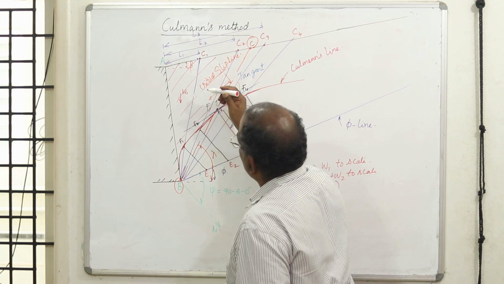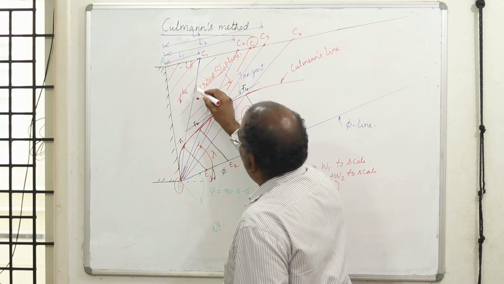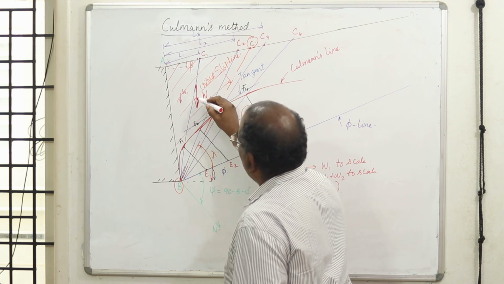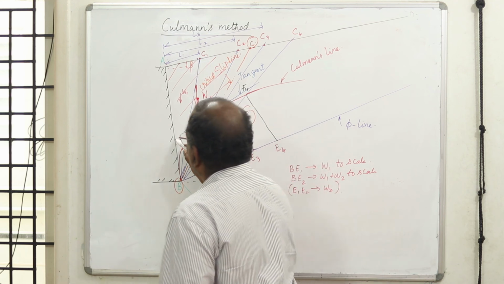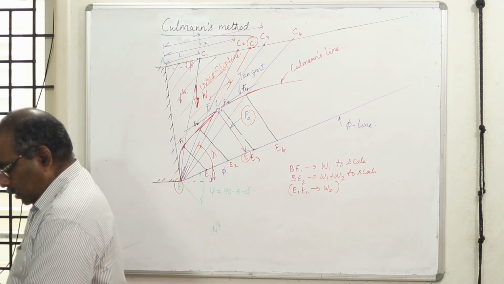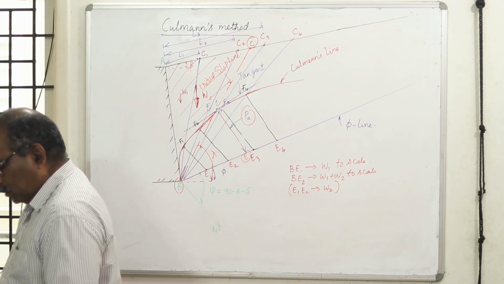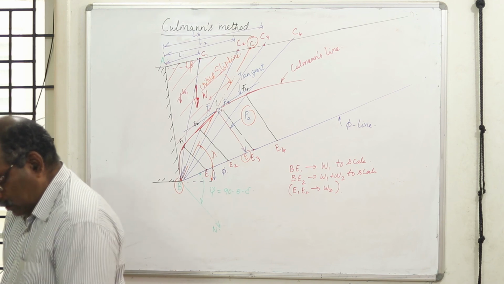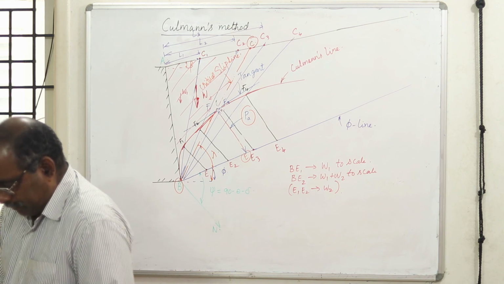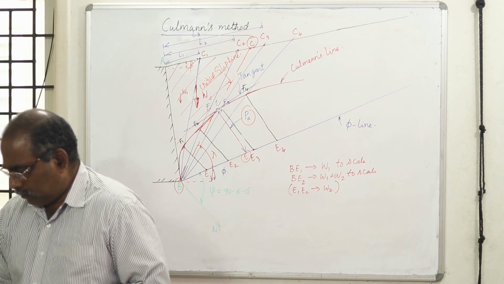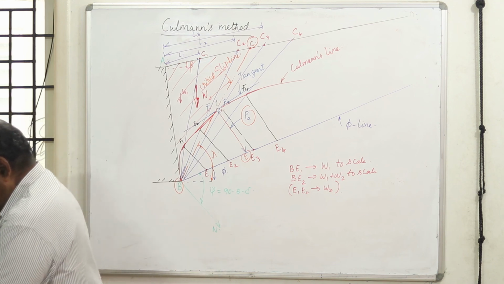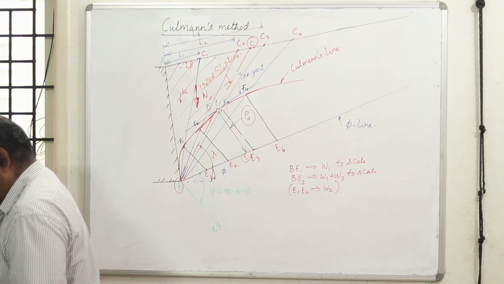Now I have to find out the weight of this wedge. I can find out the centroid and I can find out the weight. That is the weight W. Now I need to find out my direction, where it is going to act. How to get that line? We'll take a numerical example and solve that so that I can show you how you can get that.